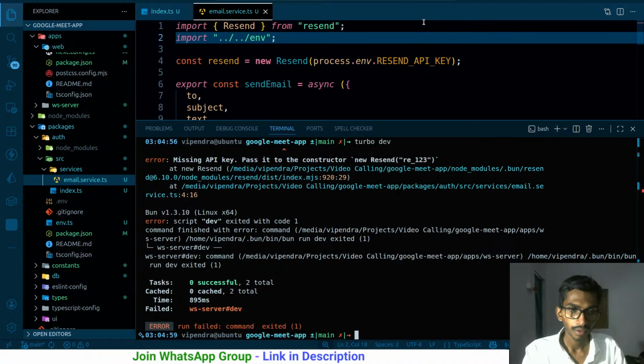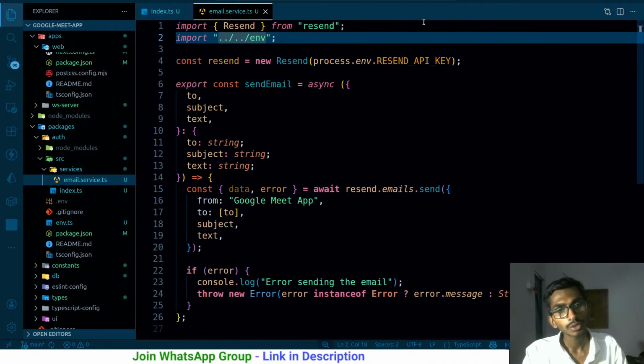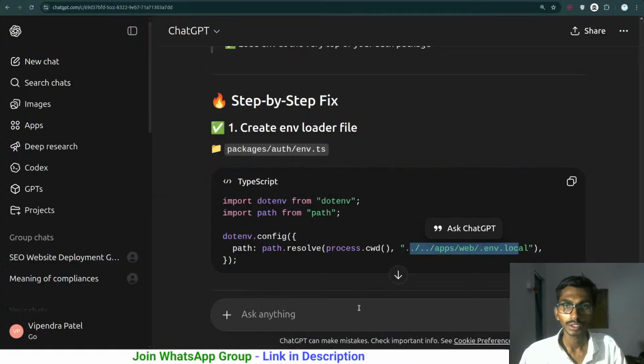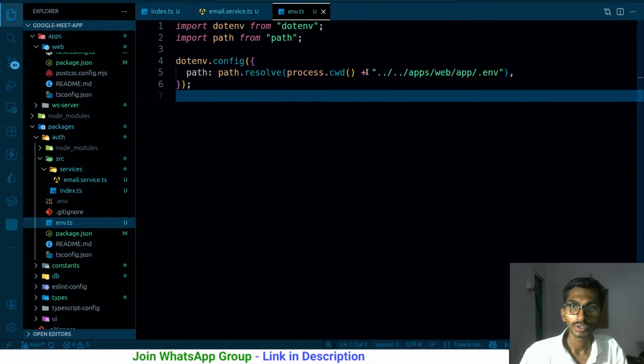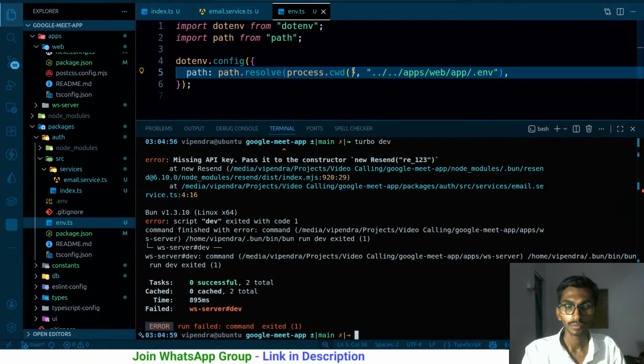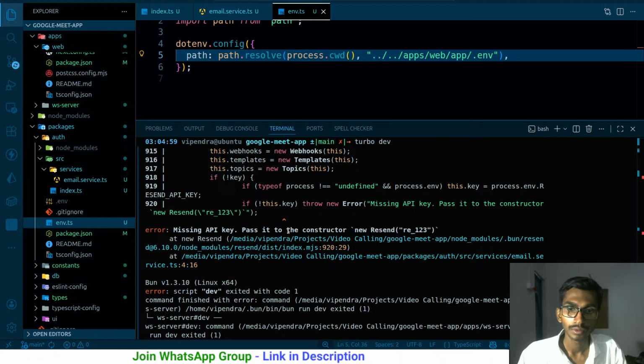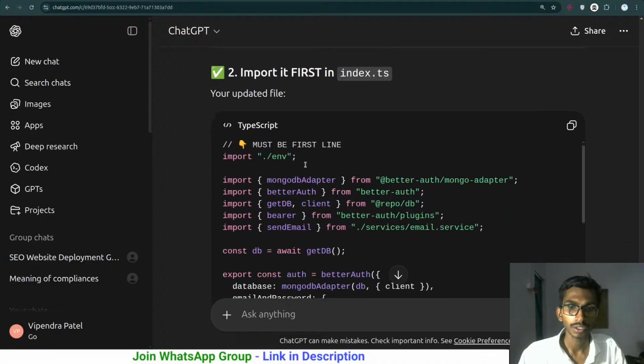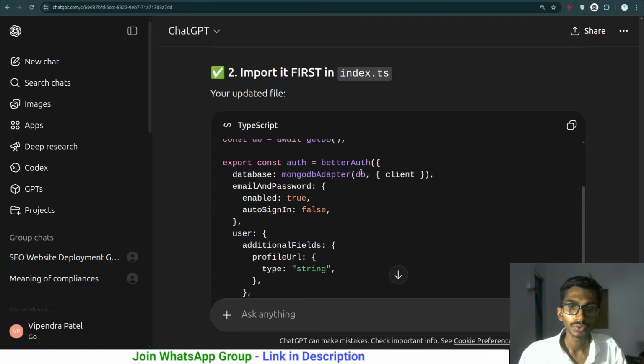No way. So ultimately I'm resolving this in time. So env.ts I have over here, and this is how we're going to be going ahead. Apps web .env.local and all. Present working directory. Well, using this will not work. How about right now? Still getting that. Am I missing something? .env config path.resolve process, this two steps back, apps web, and this particular file import inside index.ts at the top. I'm already doing that, and once this is done, then